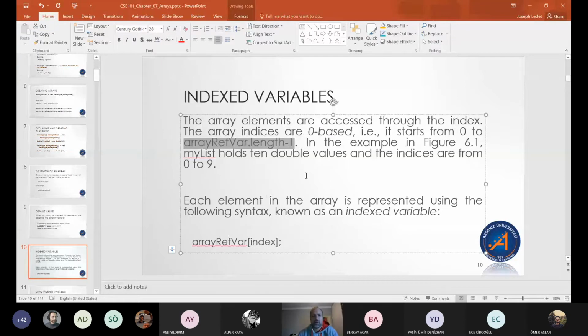Okay. If you try to access an array using the array length itself, you will get an error. If you try anything above the array length, you will get an error. If you try anything below 0, so if you try to get a -1, for example, you will get an error. Okay. So what we do is we index an array, we give it the array name, open bracket, whatever index, which needs to be an integer,